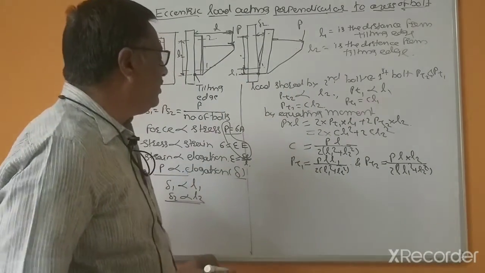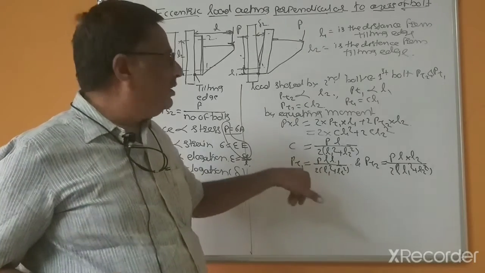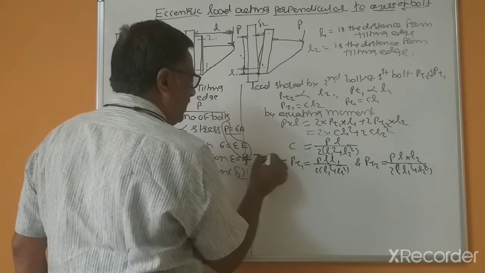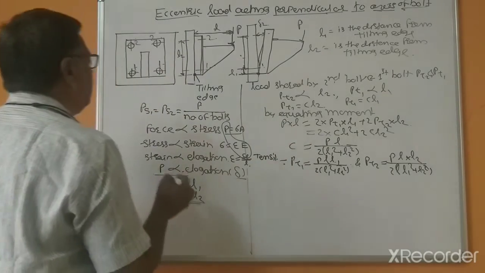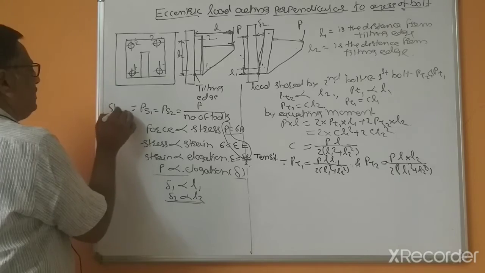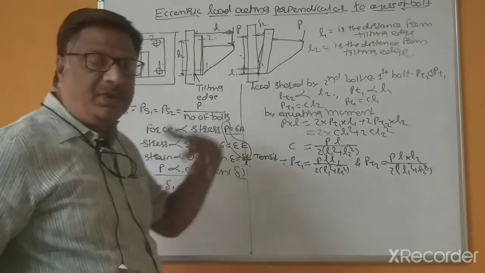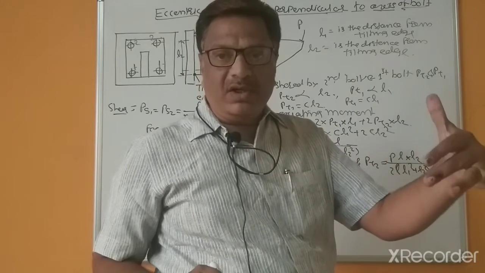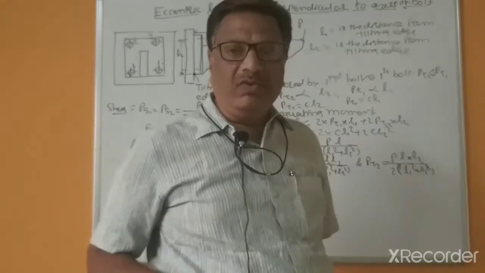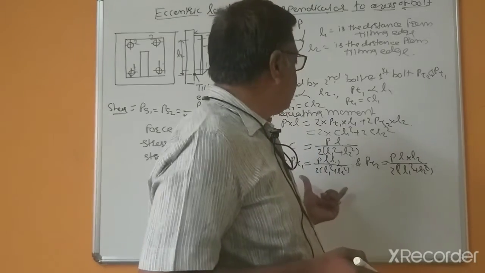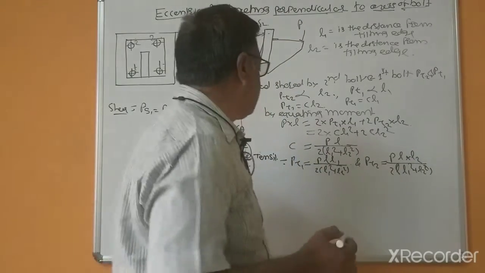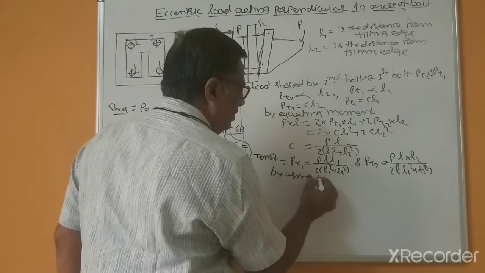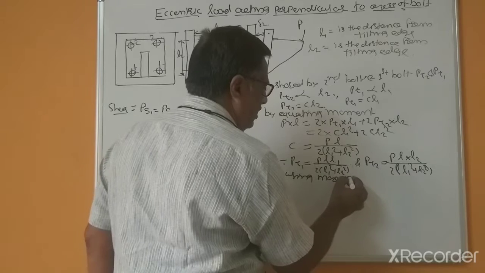This is clear, correct? Now these forces are tensile forces. T stands for tensile, and this is for shear. So in the previous problems, the primary shear force and the secondary shear force could be combined. Now in this case both stresses are different, so by using maximum principal stress theory,